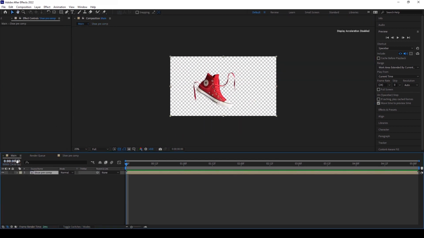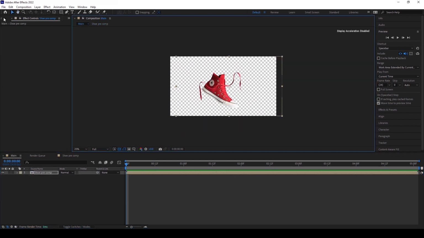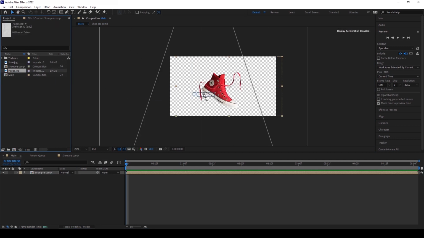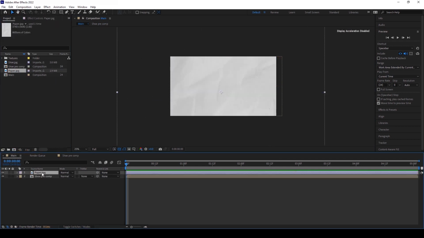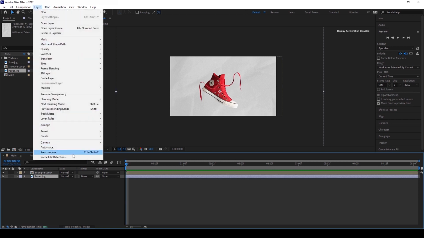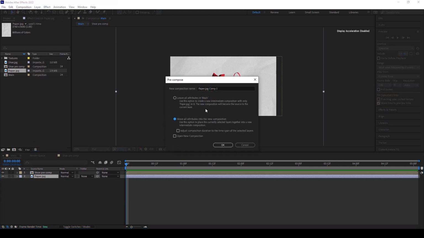Now go to the main comp, and I need to bring the paper texture over here. Place it under the shoe composition, and again I want to pre-comp this one. The shortcut is Ctrl Shift plus C on PC and Command Shift plus C on Mac, and rename it to BG,